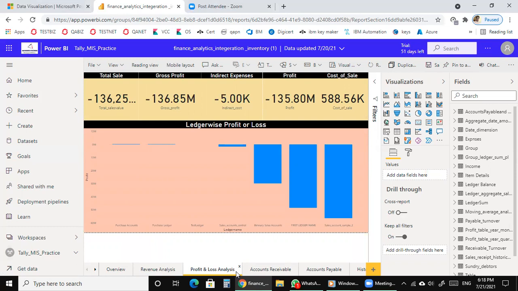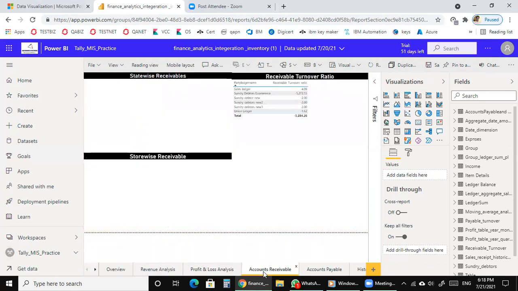Tally data they are changing to JSON. After JSON we are extracting to Power BI. In Power BI, we are doing this. That is very useful for recording purpose, and we can get proper balance here.